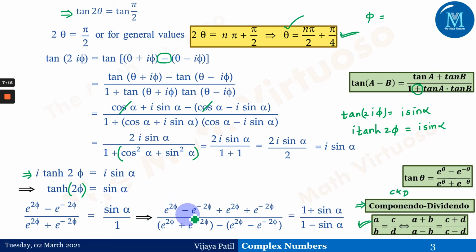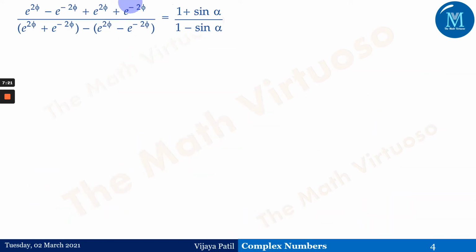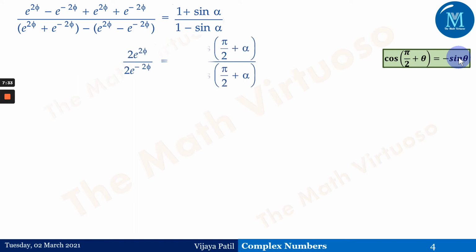So we have done this after making this particular c and d over here. This is what we have to do. After that, from this step, we'll be getting cos of pi by 2 plus theta is equal to minus sin theta. We are making use of this, minus sin theta. So sin theta is already there here. So sin of alpha, we will be replacing this sin alpha as cos of pi by 2 plus alpha.